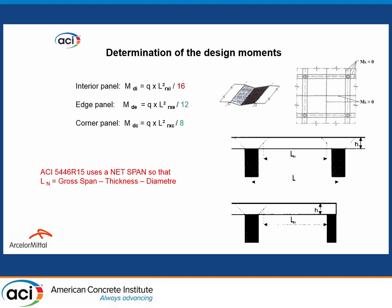Now we are on the design moment, and it is using the yield line method, so that the slab is being divided into yield lines under the loading. For the yield lines we select the shortest pattern possible between the columns, so that we use the straight pattern. There are three cases: the interior panel, the edge panel, and the corner panel, which is simply to take the total loading of the bay divided by 8, 12, or 16, with the